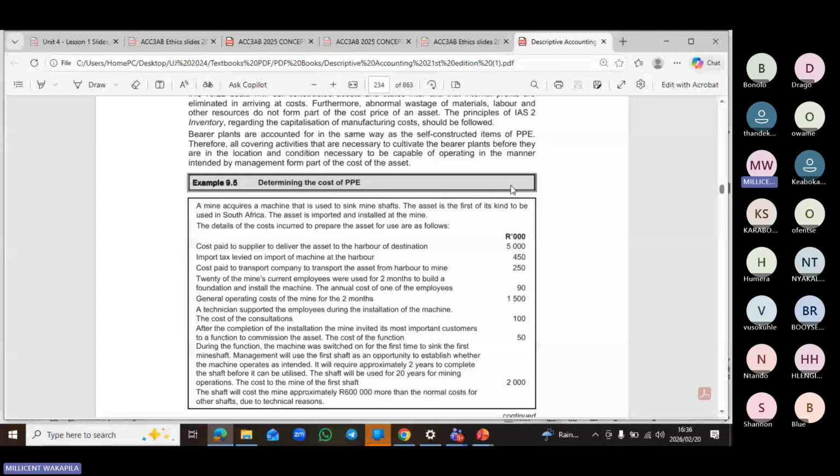Also, the transport is a direct cost. And then 20 of the mine's current employees were used for 2 months to build the foundation and install the machine. The annual cost of one employee is